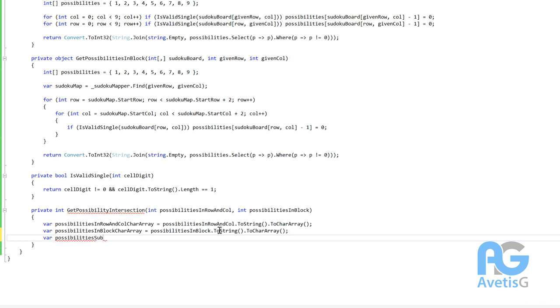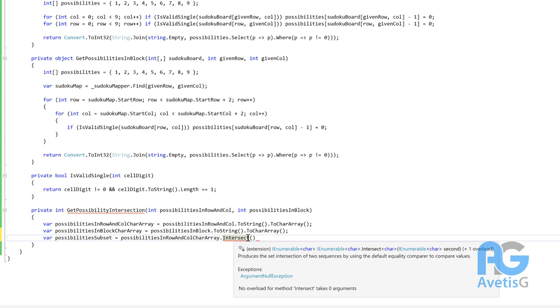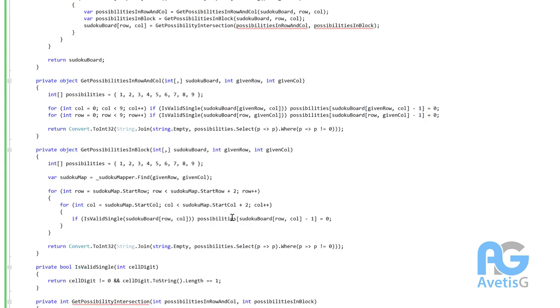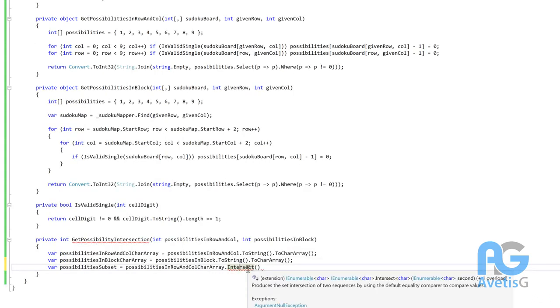Possibilities subset equals, so the possibilities in row and column array intersect, there you go. And once again, see, intersect is another link method. So we're already using link, but this is basically another link method. So if we actually go to implementation,